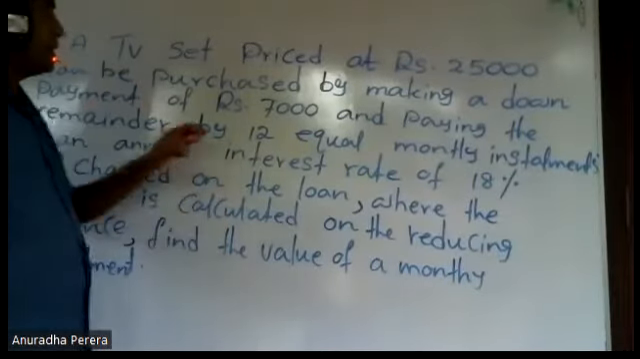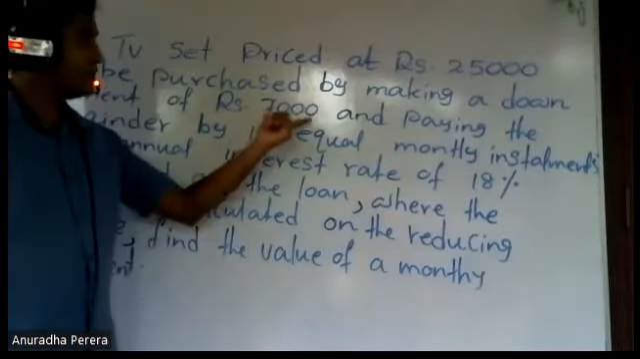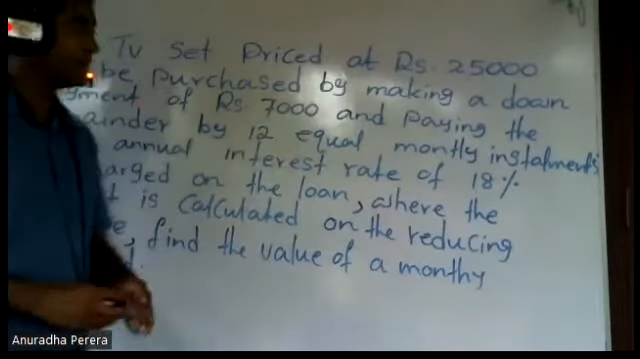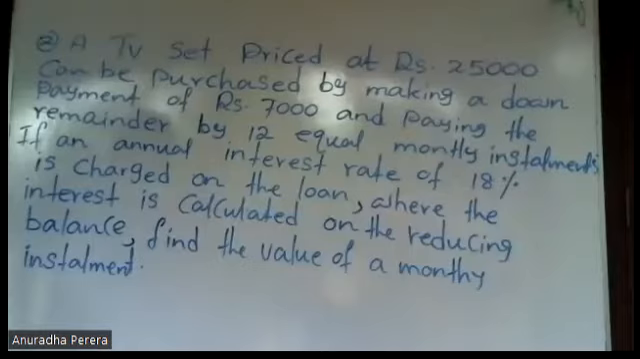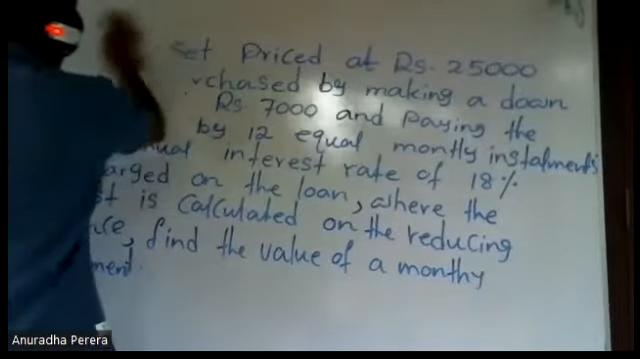Right? Then there is a down payment. To find the loan amount, this down payment should be subtracted from 25,000. And paying the remainder by 12 equal monthly installments, if an annual interest rate of 18%. The first step in this sum,